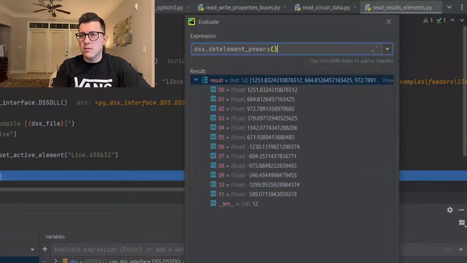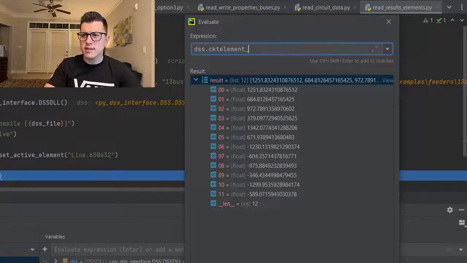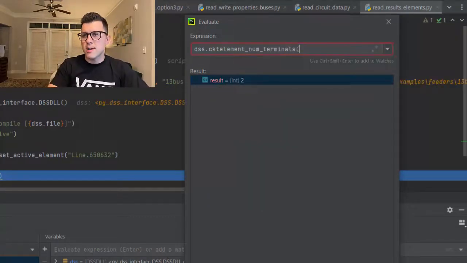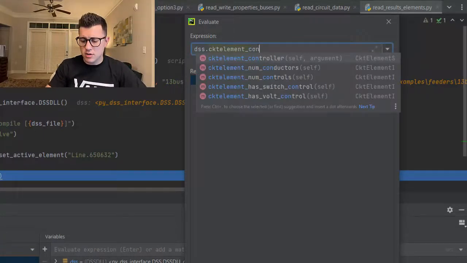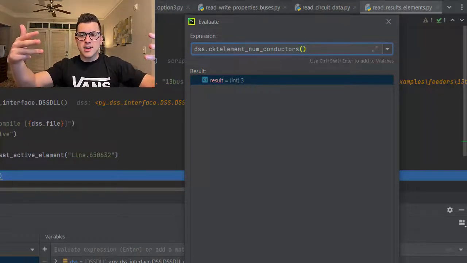All right, so what we can get here, well, we can get voltage, powers. The first one, powers. We have 11 elements. So remember, this line has two terminals. Let's see if I can get here the number of terminals, two terminals. Maybe conductors as well. Conductors, OpenDSS provides everything. So I have two terminals, each terminal we have three conductors, we know it's three phase. So I have 6